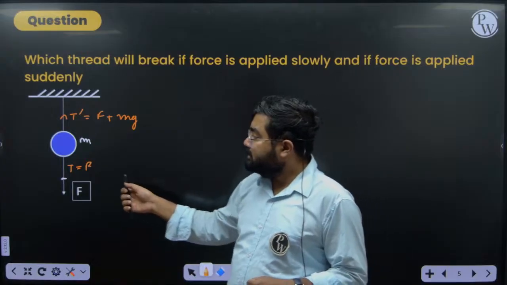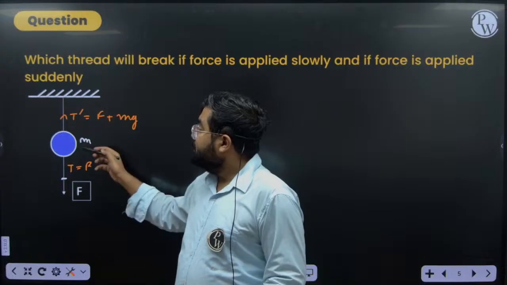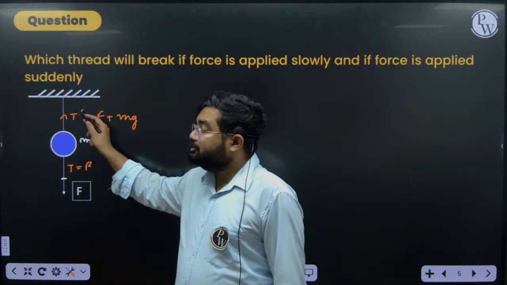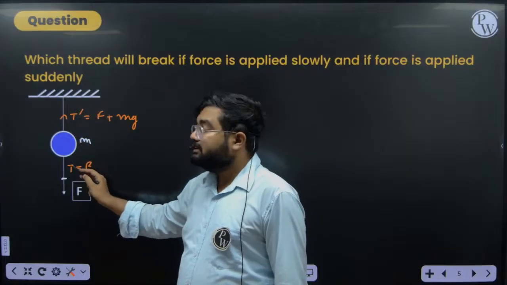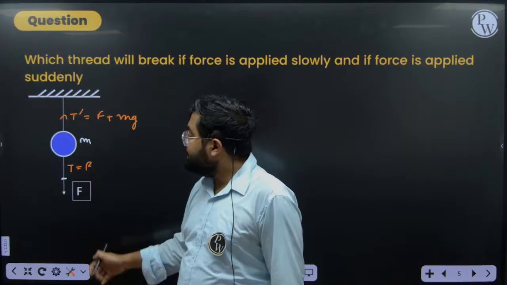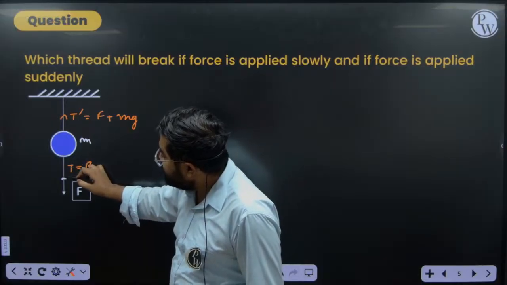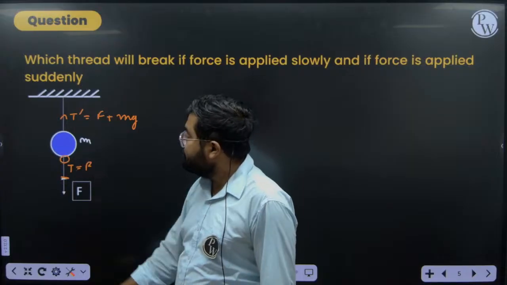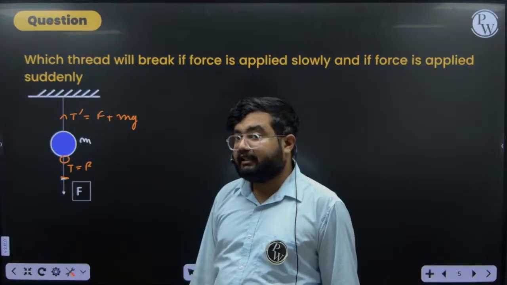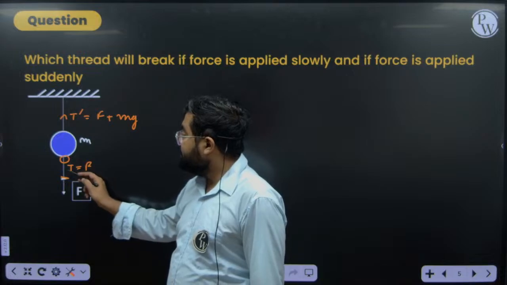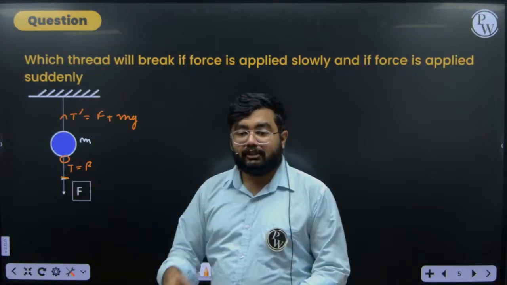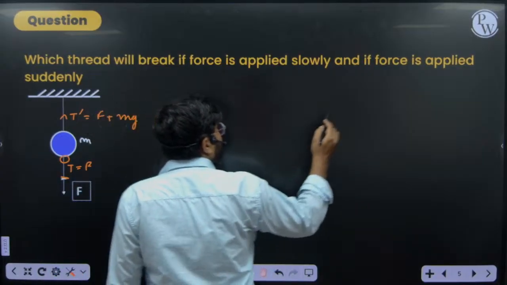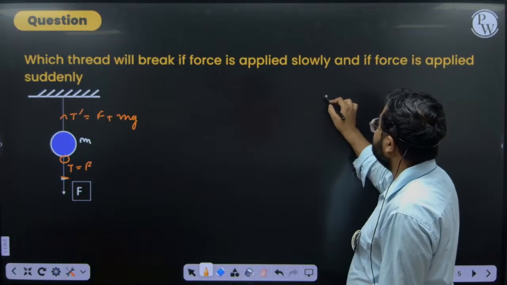Now, if you pull this suddenly, due to inertia of rest, the upper part tries to remain at rest, whereas the lower part will suddenly snap. So if you are pulling at this point, the top part of the string wants to remain at rest because it is connected to that object, and the lower part of the string moves with the force, so this lower string will snap. So if the force is applied suddenly,